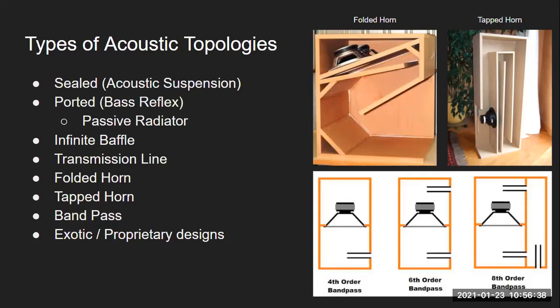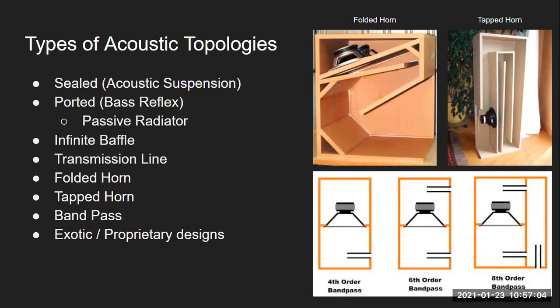And then there's also the horns. At the time of the presentations we were pulling from, I didn't go too deeply into horns, and I'm actually working with horns a lot right now. So maybe we'll do another presentation on horns in the future because there's quite a lot of interesting stuff about them. But there, you can see some examples of common horn types in the very top right. There's a tapped horn, and then there's a folded horn.